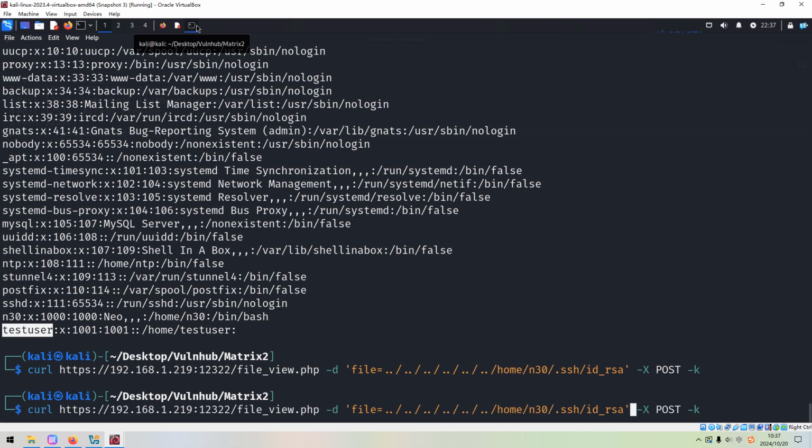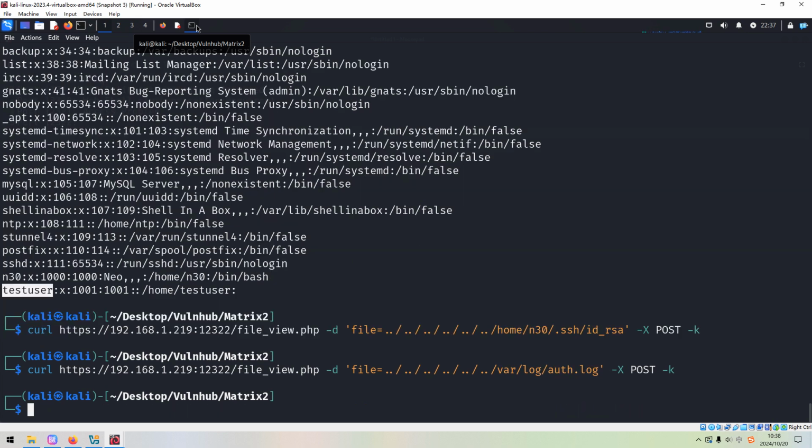So next we can check whether we can access the authentication log. So var, nothing returned. Because as we know, the web application is running over Nginx, next we can check whether we can access the Nginx log file.